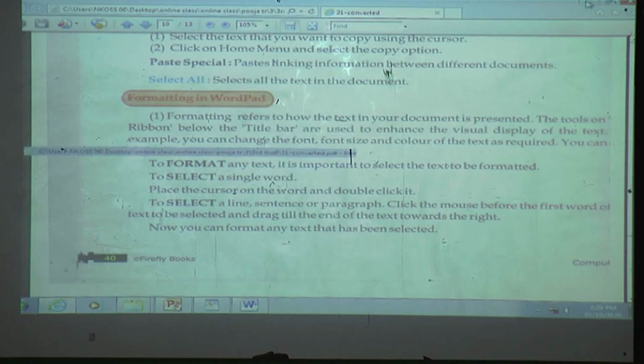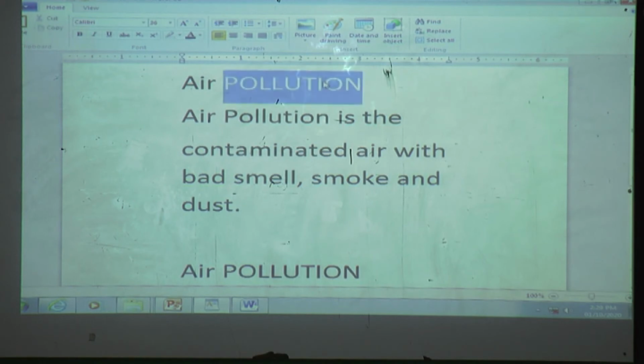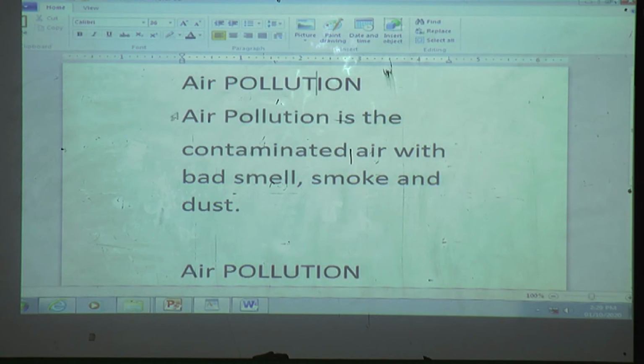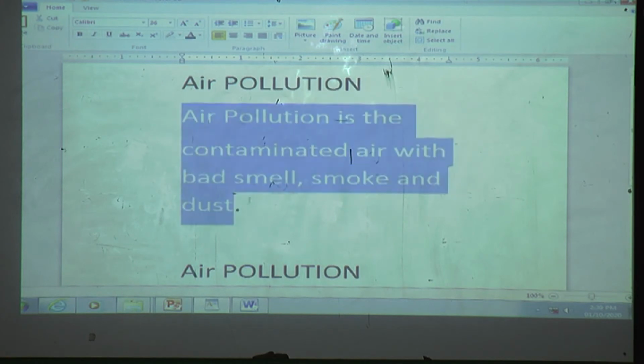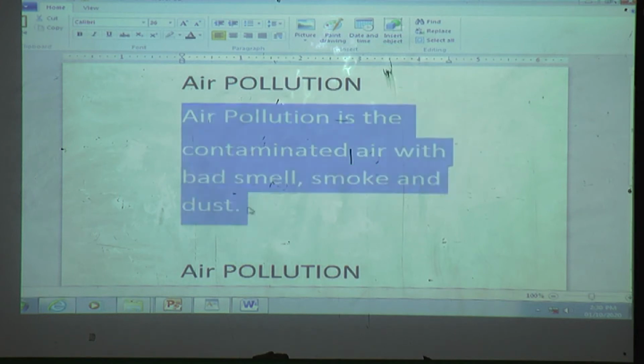You will see here how to select a single word. Press the mouse cursor here and double click. And how to select this full area, from here to here? Before the first word, press the cursor here and then press the mouse left button and drag the cursor.